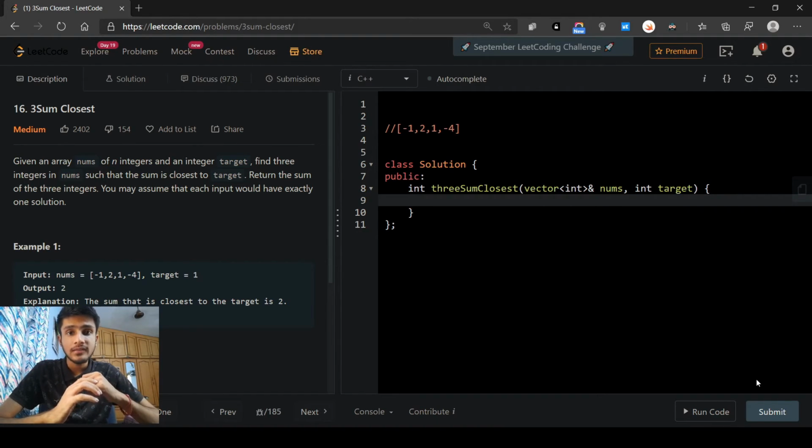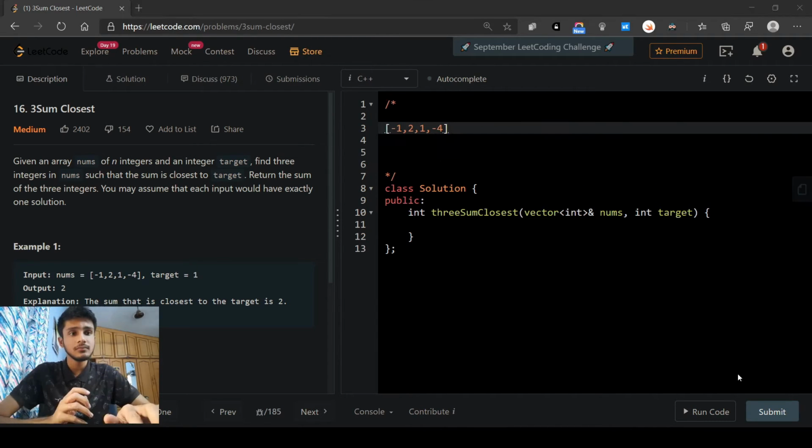10 to the power 9 is a pretty big number, and it's not the most efficient approach. It will pass the sample test cases given over here, but there will obviously be hidden test cases and it will fail to pass those test cases. And a brute force approach is not always the one that is expected during interviews or other problem solving contests. There has to be another approach, and we'll discuss the other approach right now.